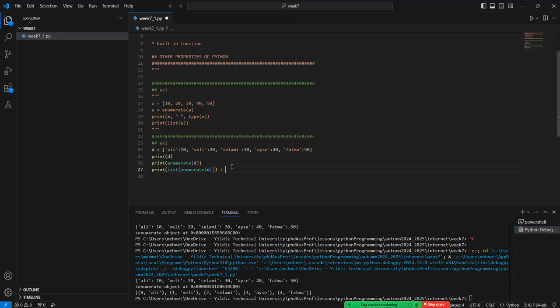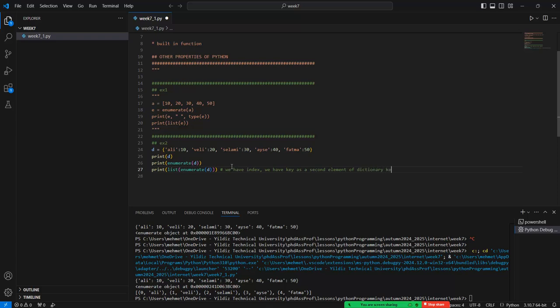In this case we have the index, but we have the key as the second element of the dictionary